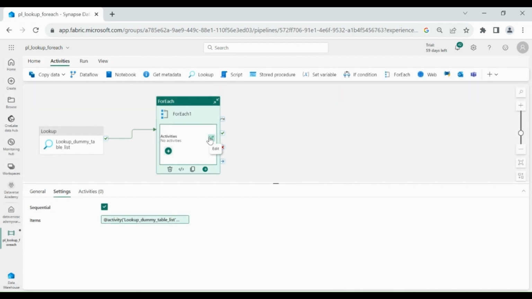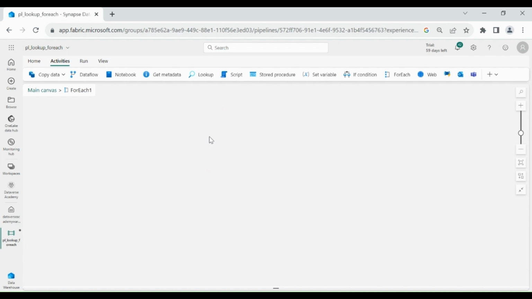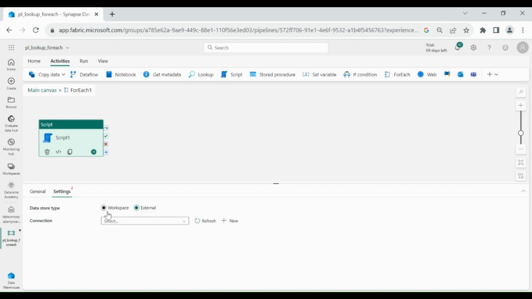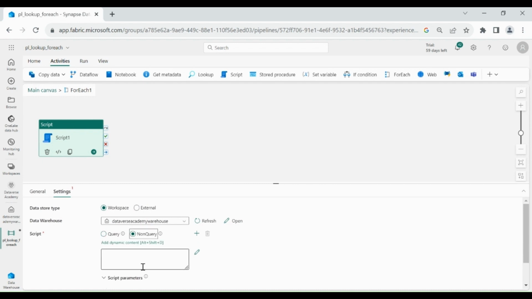Now click on this edit sign, then select script activity. If you are not aware about how to use the script activity, please watch my other videos. I'll put link in the description below. Click on settings, then click on workspace, select your data warehouse, then click on non-query.